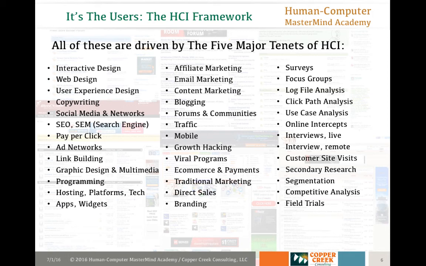In this slide here is a partial list of the many online disciplines, programs, methods, approaches, as well as a list of common research methods that you might use to understand all of those things. This study of HCI that I'm sharing with you replaces none of these. Without all of these programs and platforms and options, there simply would be no humans interacting with computing devices.